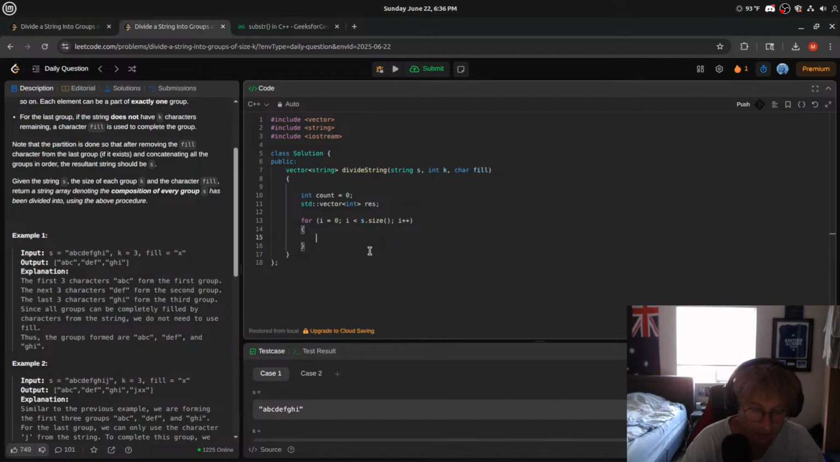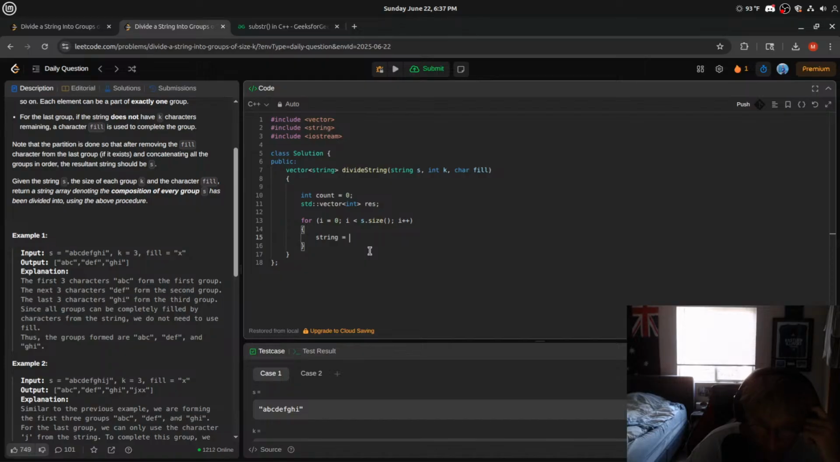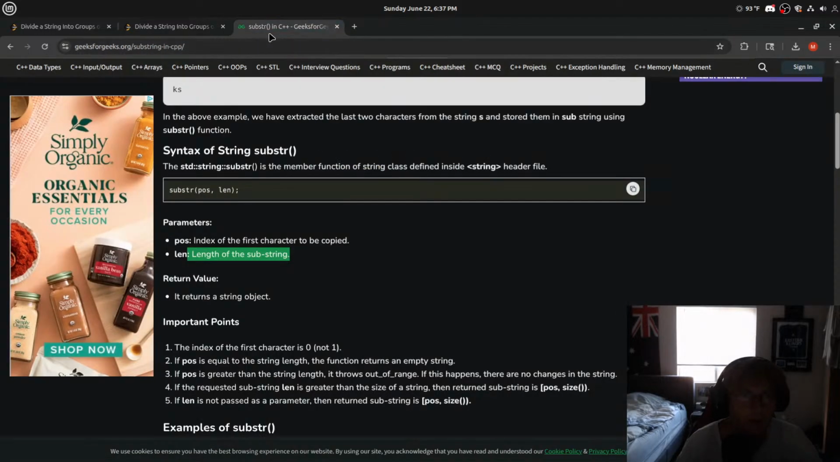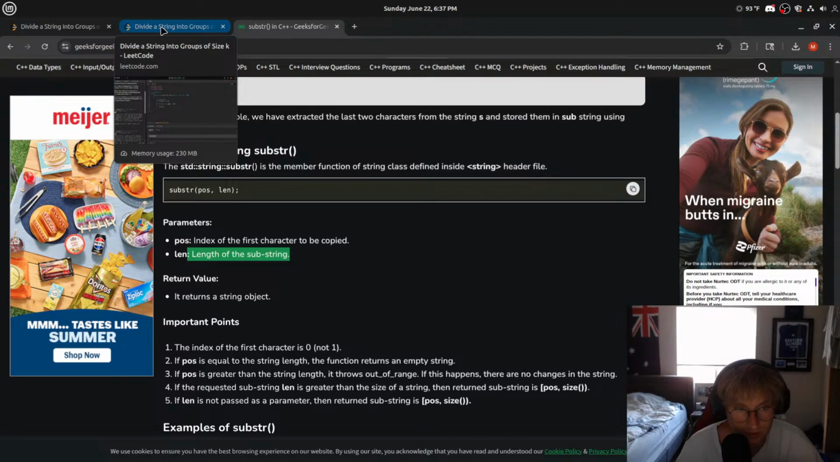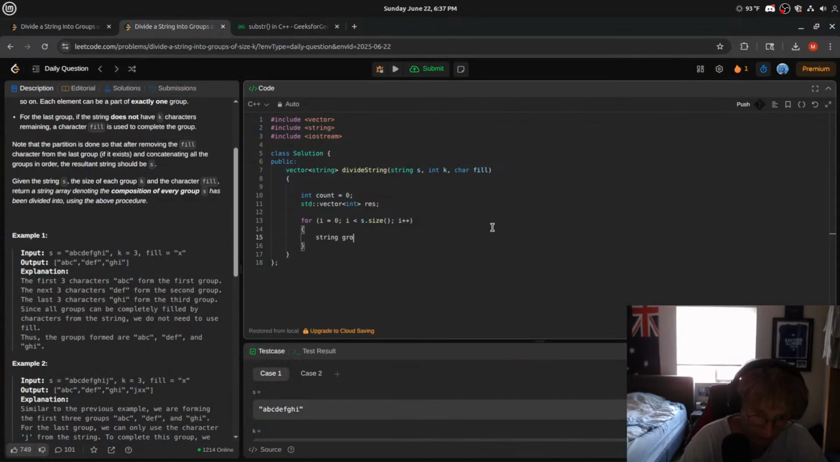I feel like somehow we want this to be a string. What would we do? I don't even know. String is equal to... Oh my gosh. How did it work? String group. So group or something is equal to